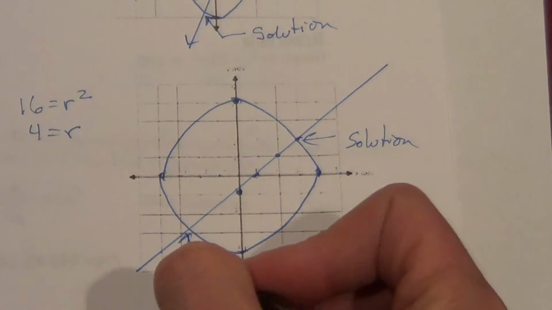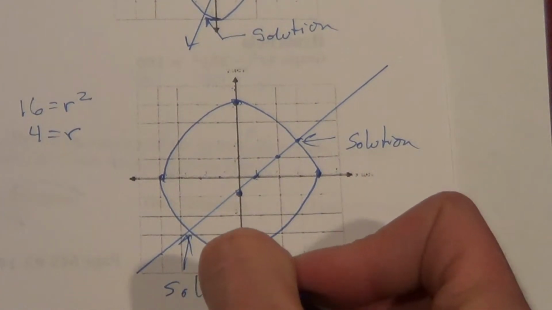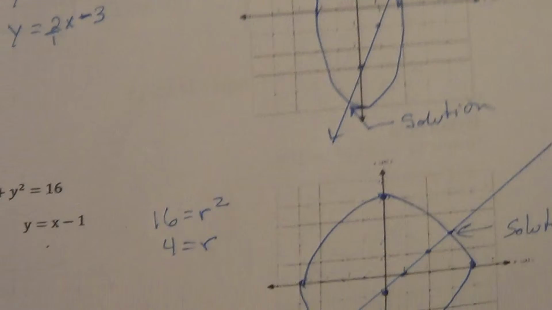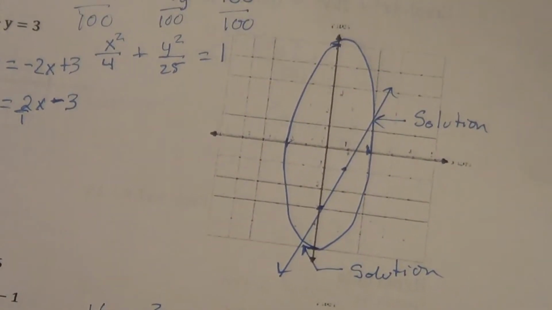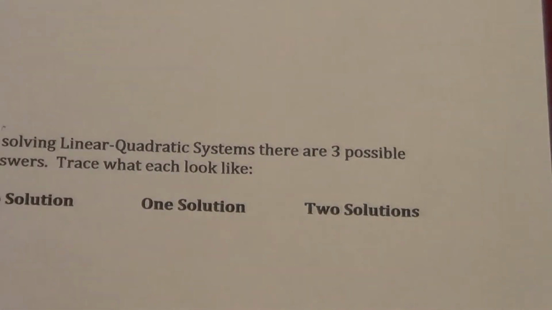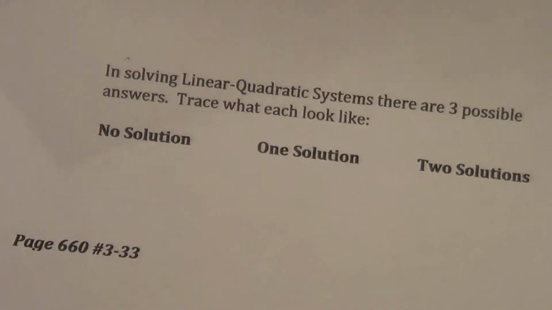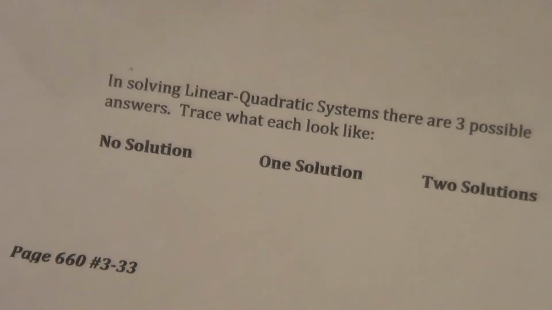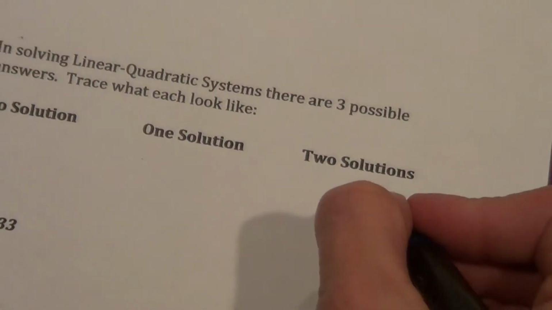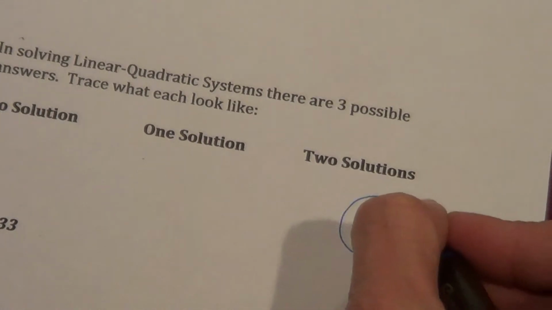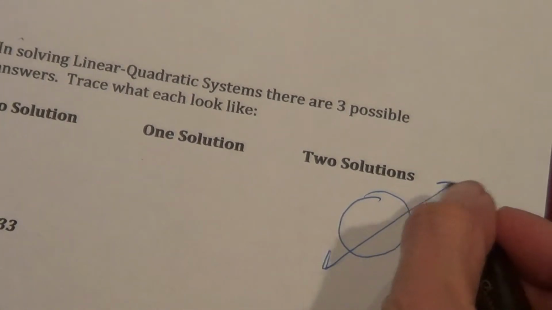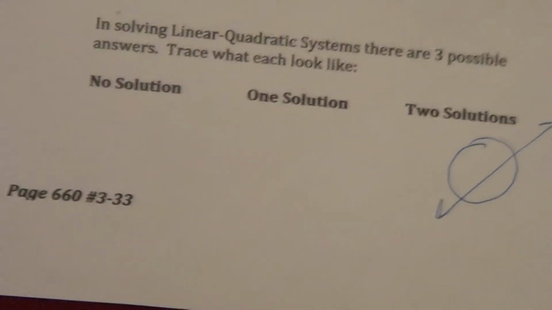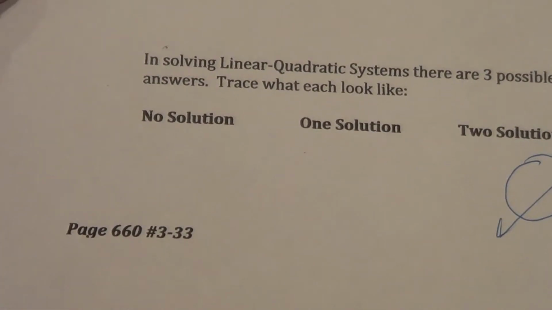And there's a solution. Now, my question for you, do we always end up with two solutions when we're graphing quadratics and linear functions? Do we always get two solutions? Well, according to the bottom of the next page, this is your last page, page 11, we can have the two solutions, like we just saw,